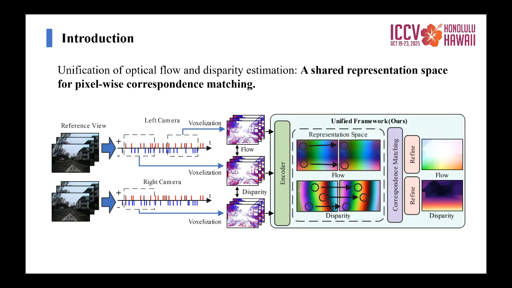The core idea of EMatch is simple yet powerful. We reformulate both optical flow and stereo matching as pixel-wise correspondence matching problems within a shared representation space. In optical flow, we match events over time. In stereo matching, we match events across viewpoints. EMatch treats both as two instances of the same matching process. This unification allows the model to learn transferable representations, enabling cross-task training, multitask unification, and better generalization without retraining for